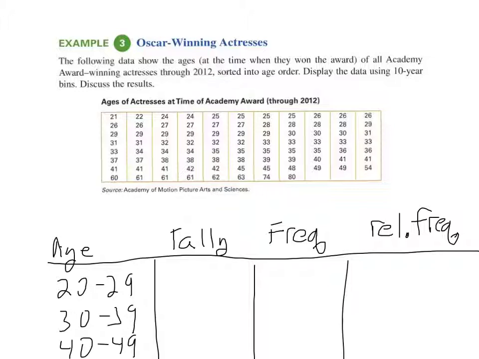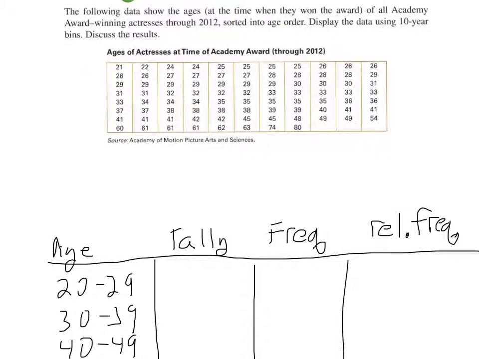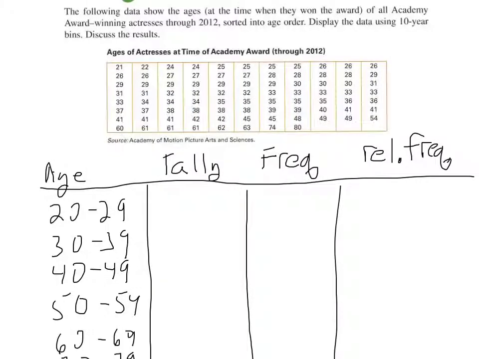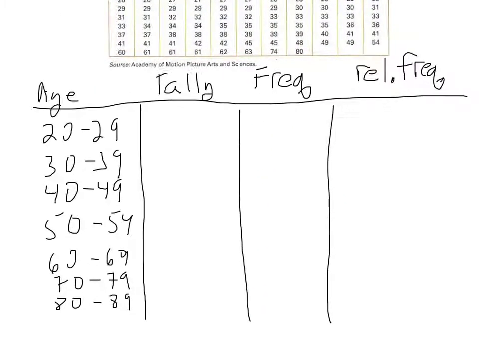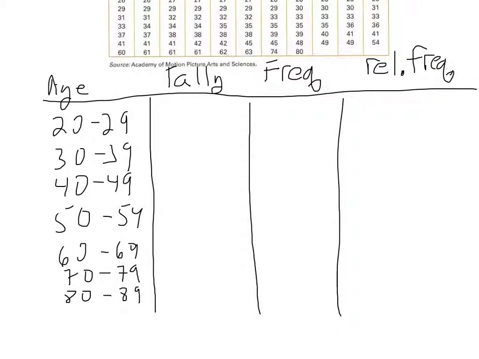so that makes it a lot easier. The other thing, if they didn't put it in order, I'm just noticing right now that they did. What you do is set up a frequency table that looks like this. I set the bins that they gave me, so I didn't have to be creative and come up with those. They're 10 wide. Then you have to sort this data into which bin